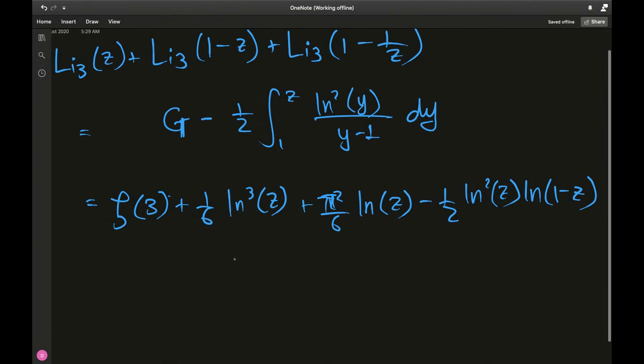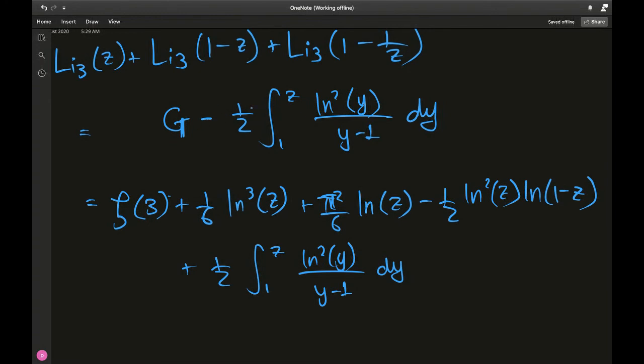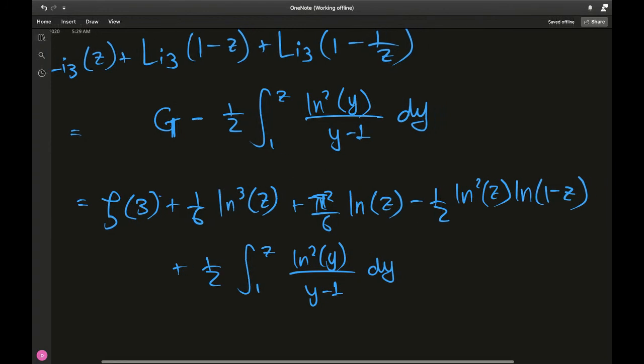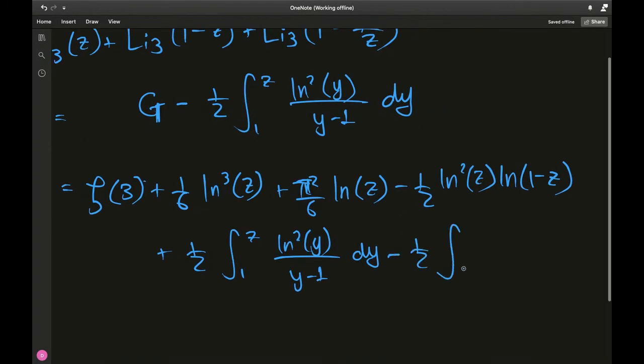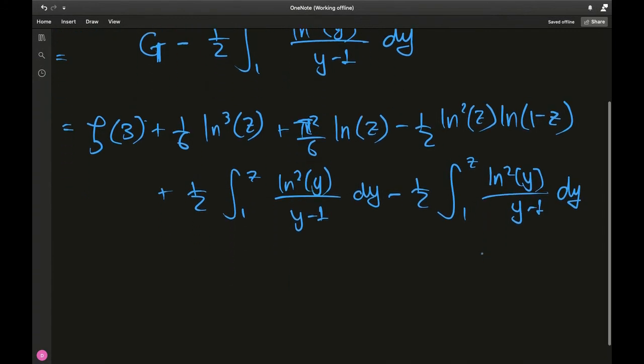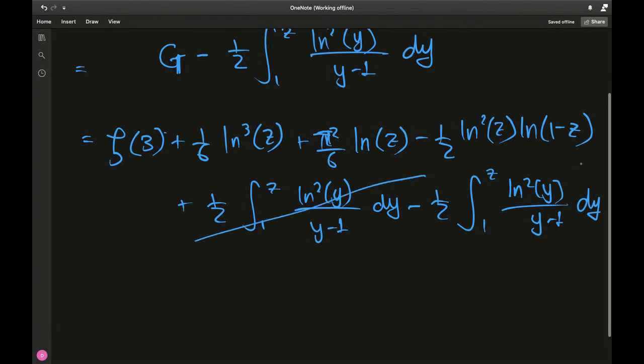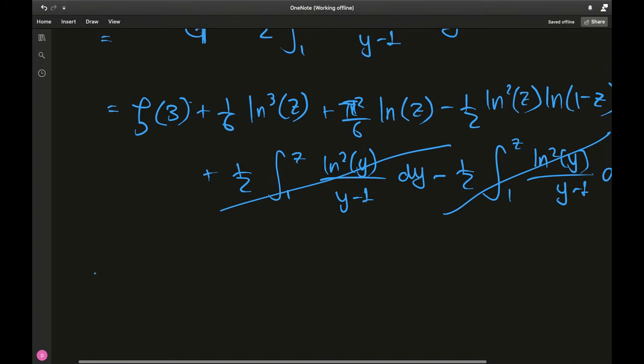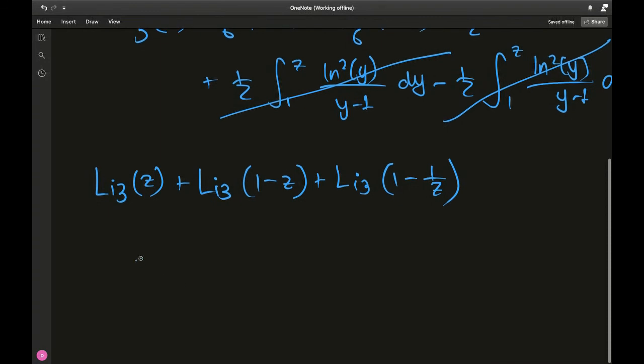and we had to add this guy, half of integral from 1 to z natural log squared y divided by y minus 1 dy. This guy, apart from the g, all this that I've written until now was g, minus half of integral from 1 to z natural log squared y divided by y minus 1 dy. And we don't even need to evaluate these integrals because they just cancel off, giving us finally, and I'm going to write this as legitimately as possible, trilogarithm of z plus trilogarithm of 1 minus z plus trilogarithm of 1 minus 1 over z is equal